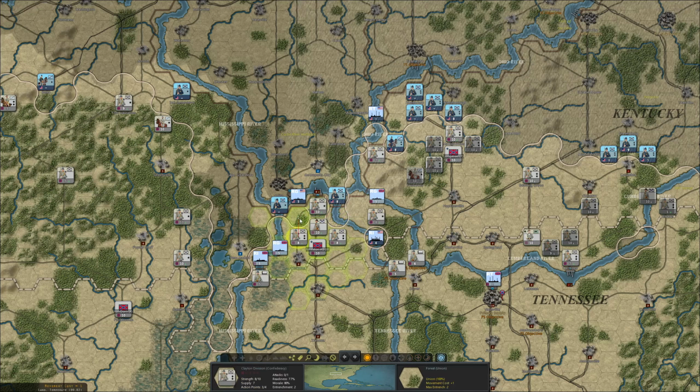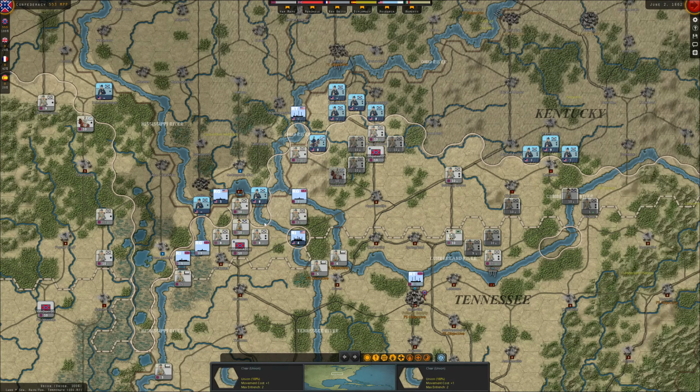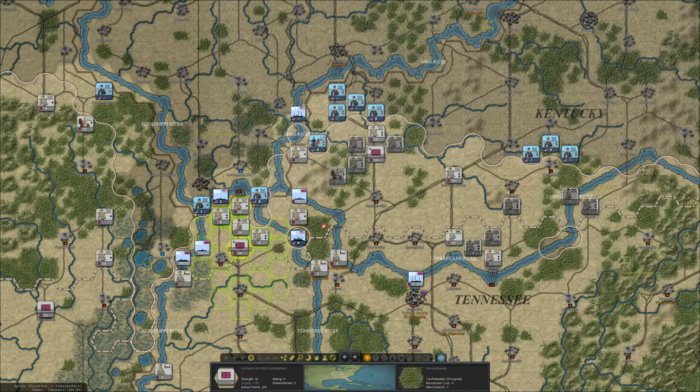So yeah. What kind of unit do we want up here? Maybe let me know please if you know whether land units can actually have a zone of control on rivers. In this case, a division here would probably be quite useful just to control this field and so on. And yeah, let's do it actually. So these guys here can